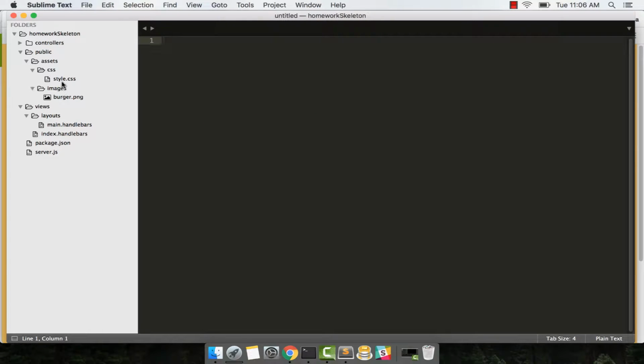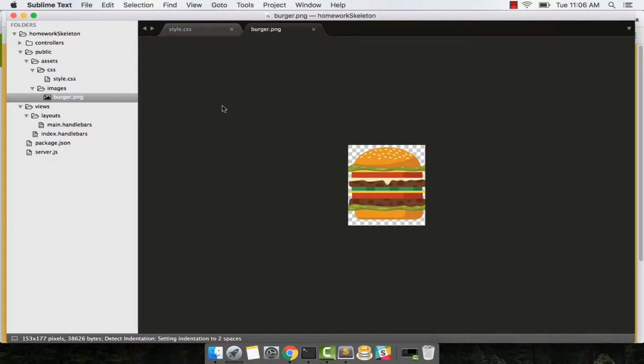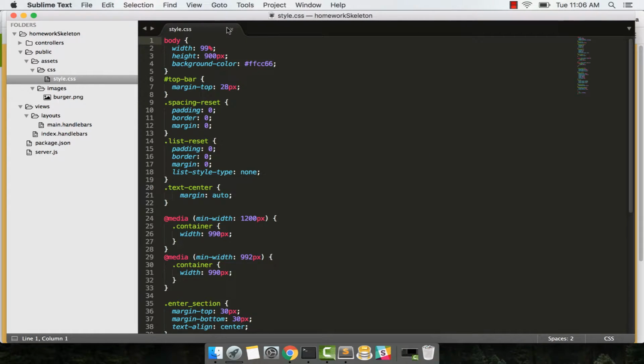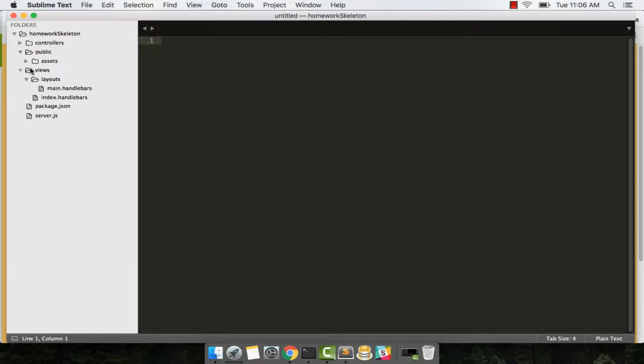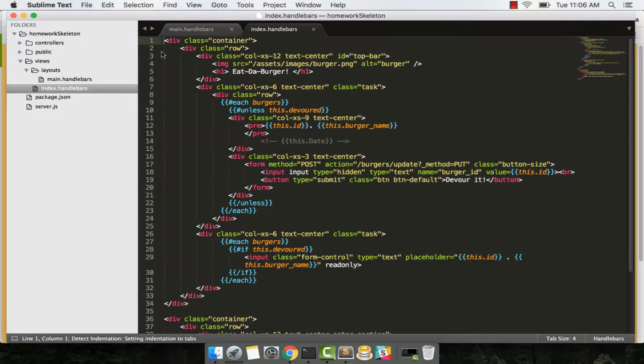Next, we have our public folder. This has our styling and our image that we're using in the background. This will remain the same. Our views will remain the same as well. This is our layout using our handlebars template where we include some bootstrap and we have all of the handlebars to populate the devoured burgers looking kind of ghostly on the side